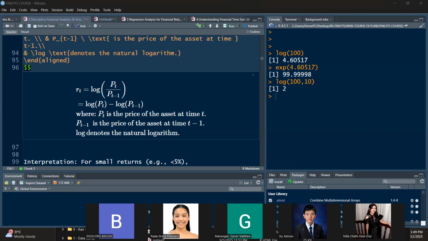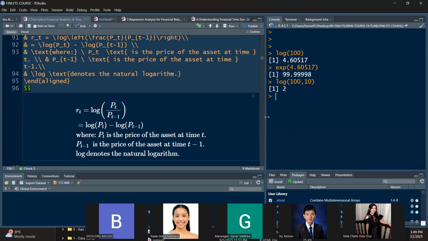All right, so we can easily get the log returns of an asset if we know the price at time t and the price at time t minus 1. By definition, the log of a quotient is equal to the difference of the logs. Log of p sub t over p sub t minus 1 is equal to log of p sub t minus log of p sub t minus 1. So if the price yesterday was 100, and the price now is, let's say, 115,